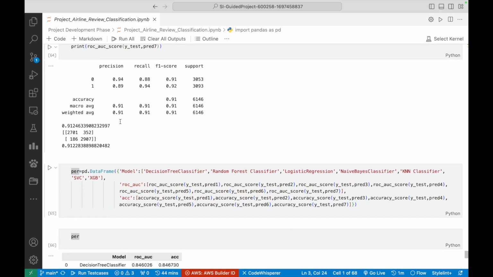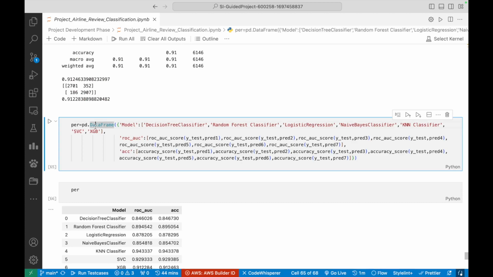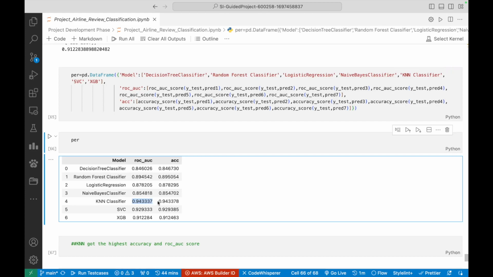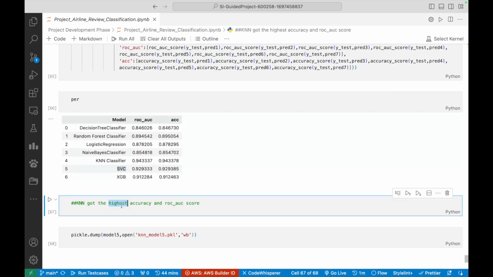We did all this and then we created a data frame to compare all the models, and here we can see that KNN performed the best, with 94.3 accuracy. KNN performed the best out of all these. The only close one was SVC, support vector. Yeah, support vector was the only close one. And as KNN got the highest accuracy and ROC AUC, we chose it as our model